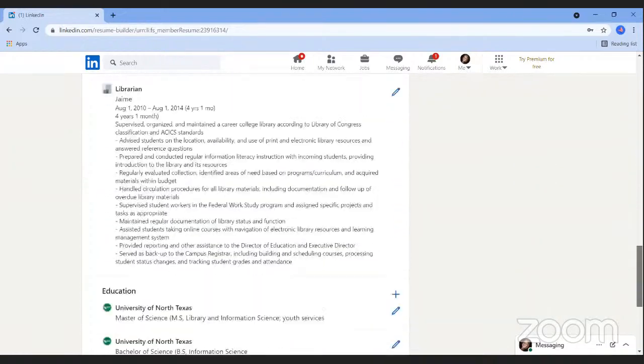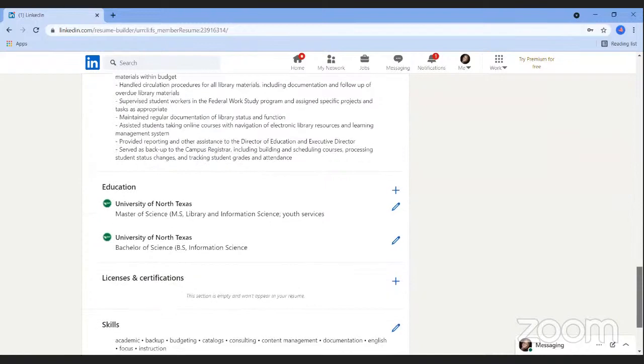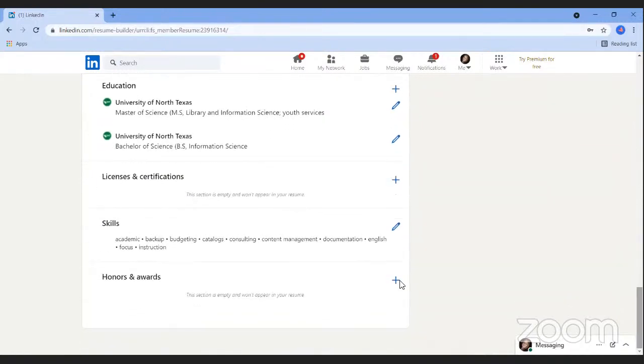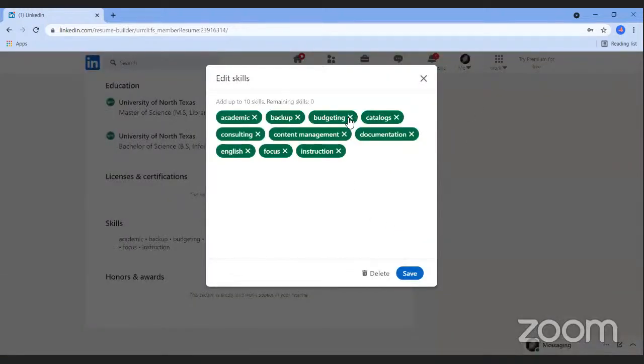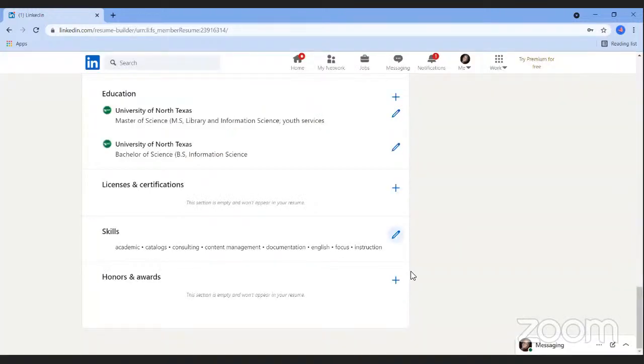If I scroll all the way down to my skills, LinkedIn has arbitrarily assigned some skills that may or may not make sense to my resume, so I might want to change those. So I'll still need to go in and make all of the edits, but now I can do that without having to open up a separate program.